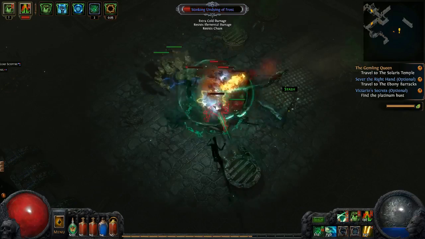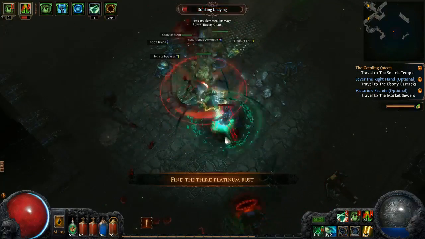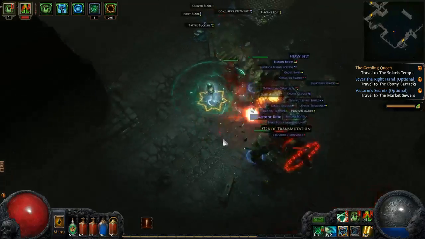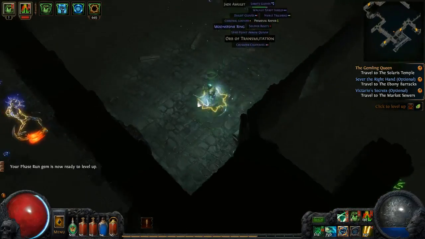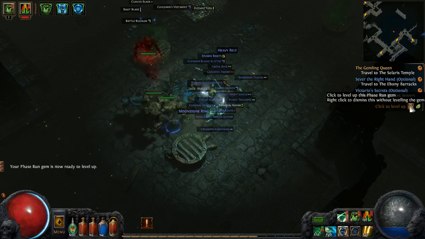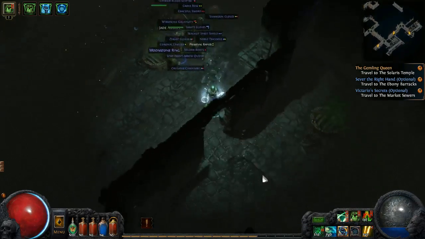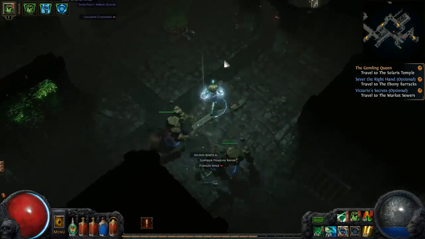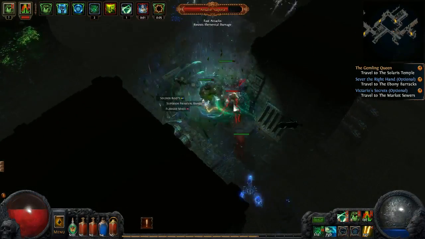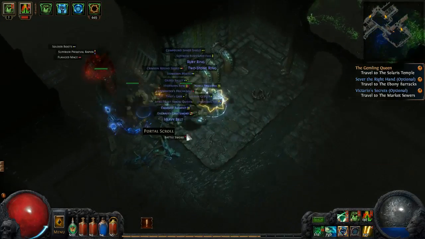Oh, good thing I decided to come over here because I almost forgot we needed this stash. Duh. That would have been a derp move. There's a Rogue Exile and a mini boss. Check him out. There's a mini boss over there. Yep, Phase Run is now leveled up, so that's good. Oh, here's another mini boss. Oh, Rogue Exile, watch out. He's shooting a bow. Oh, we got a gold amulet that's...